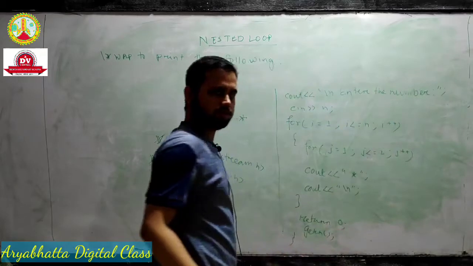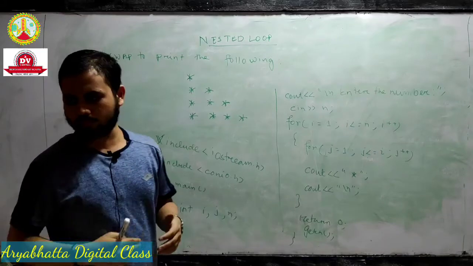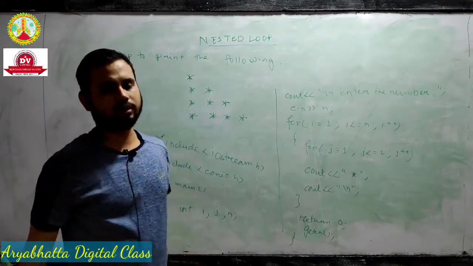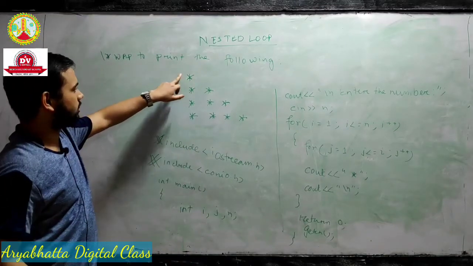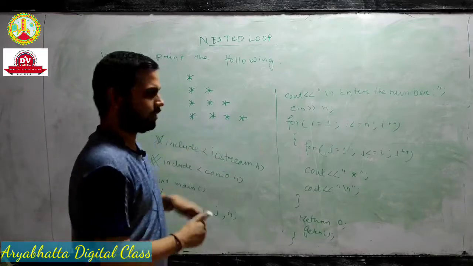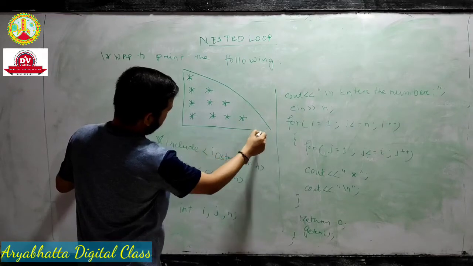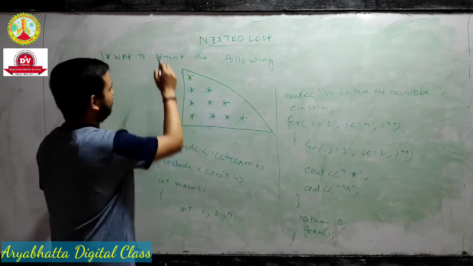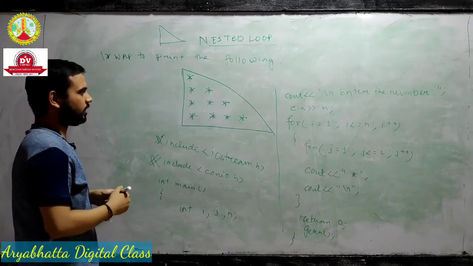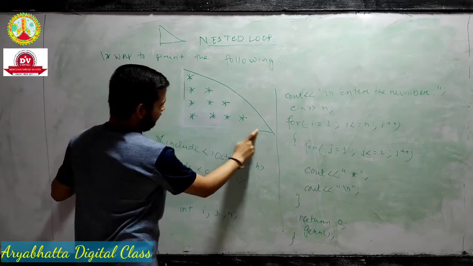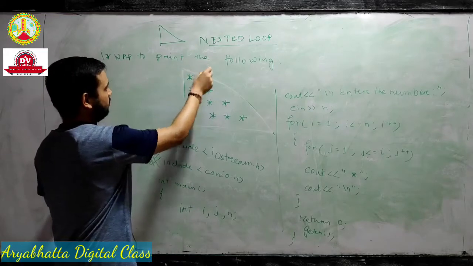In HSC you also got this thing. Now this is a nested loop, meaning one loop under another loop. This is printing stars in a triangle format. You just see this carefully. This comes in a triangle format, meaning a right angle triangle like that. You have to design this using C++, right? Okay, let's start.